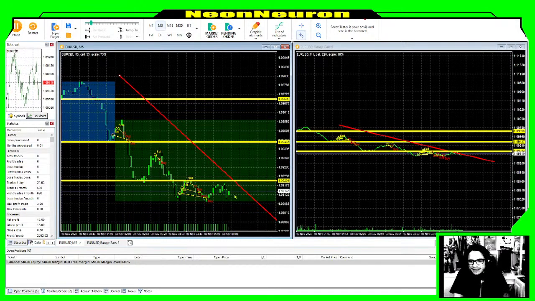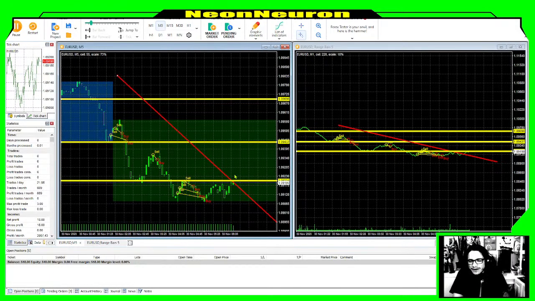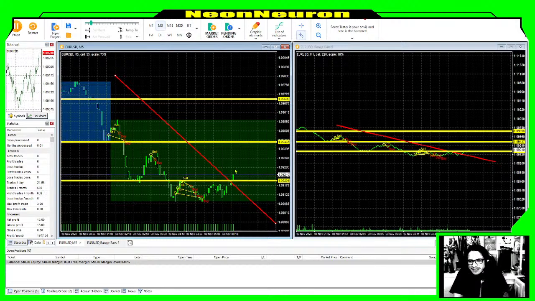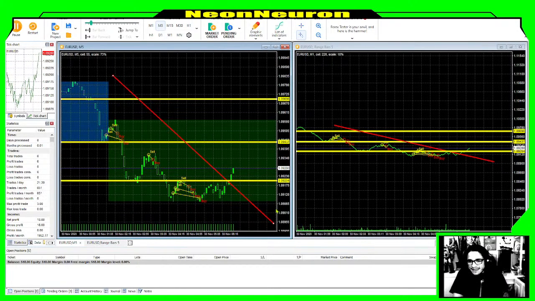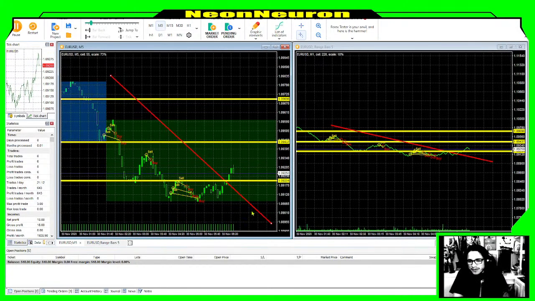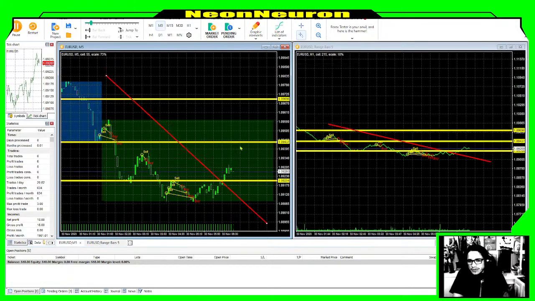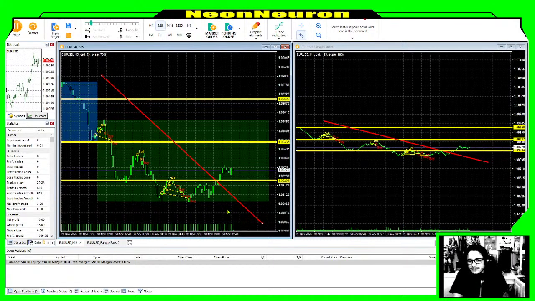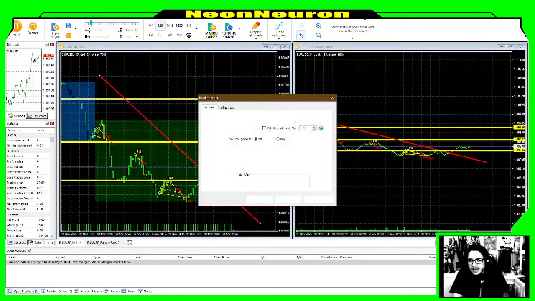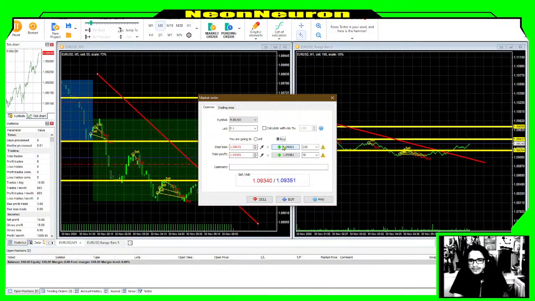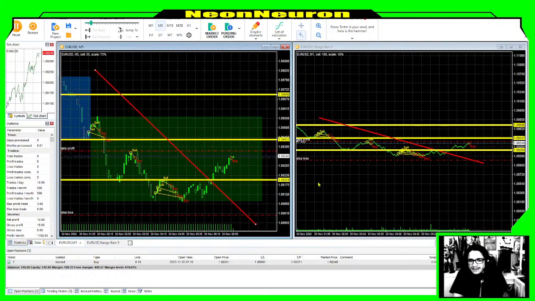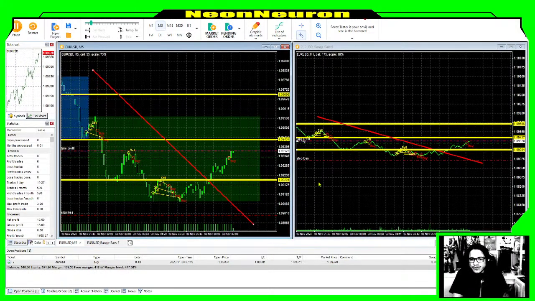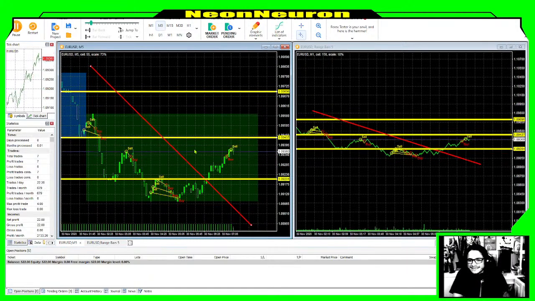So let's push play and see what price does. Is it going to continue following the trend? So we are testing this resistance. It's breaking above. And I would probably wait till it gets higher before I start selling again. In fact, I probably want to buy. Let's try buying. Oops. All right. Let's see what that does. Ooh, so close. Oh, bam, we got it. All right.